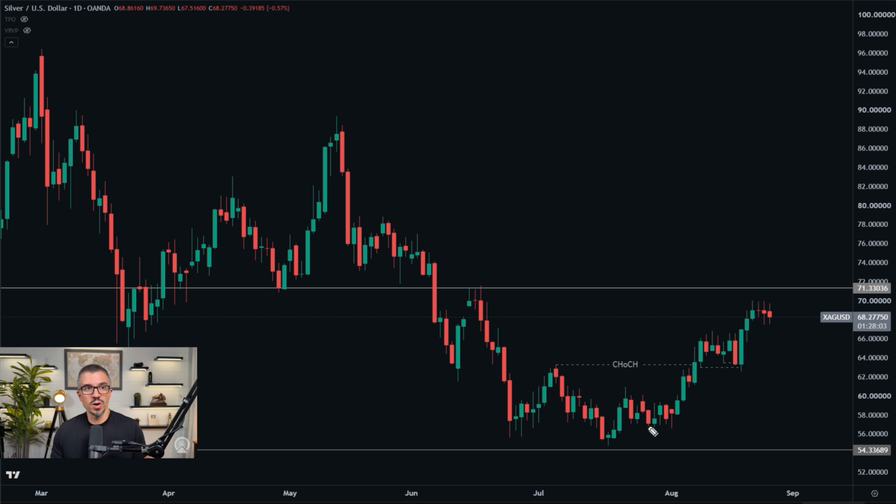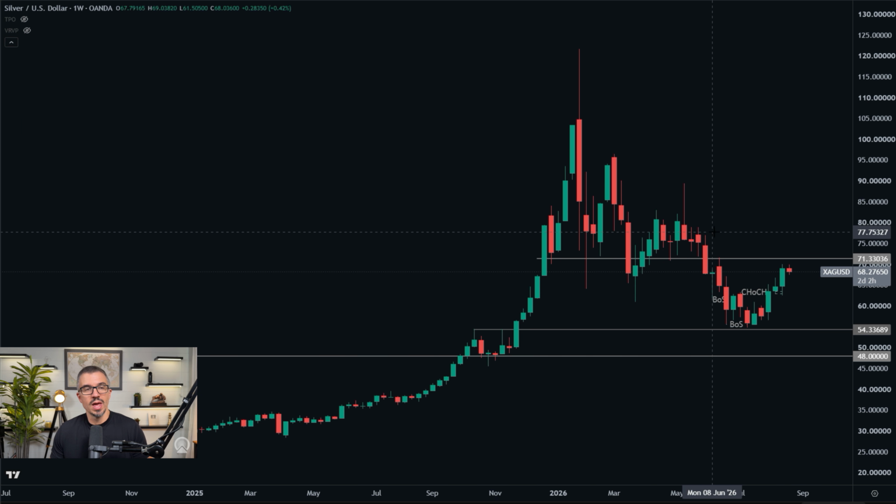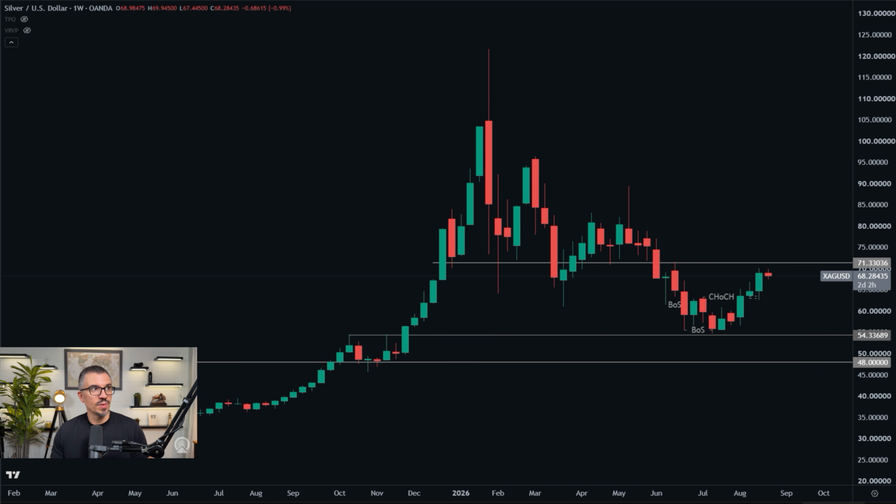Okay, now in the short term though, again, you can see higher highs and higher lows, but just like with gold, the one question I have is where does the DXY go from here? Because look, if this rally is going to fail, if this move off the lows is going to fail, it's likely to do so right around the yearly open. And I'm not saying that it will, guys, but the point is that you've got to be careful